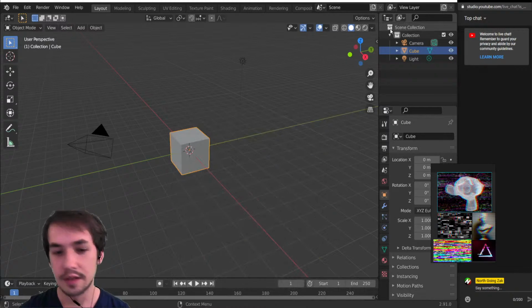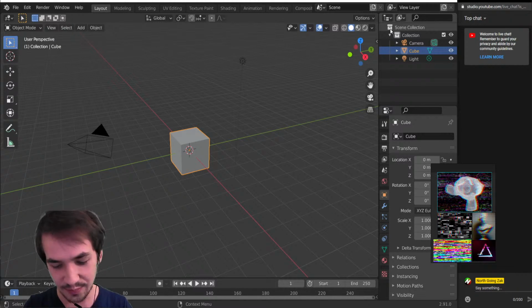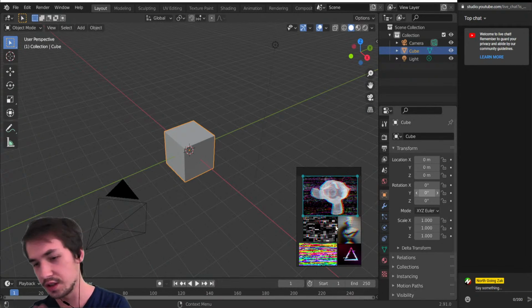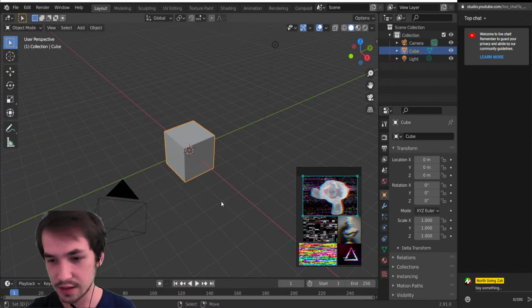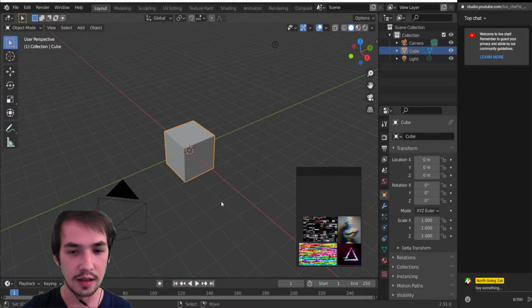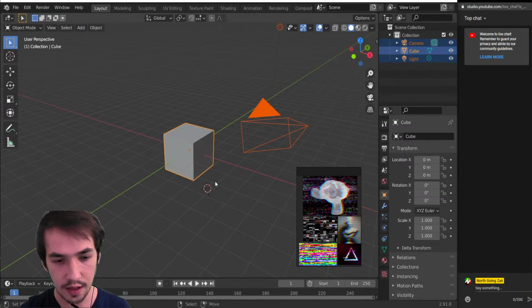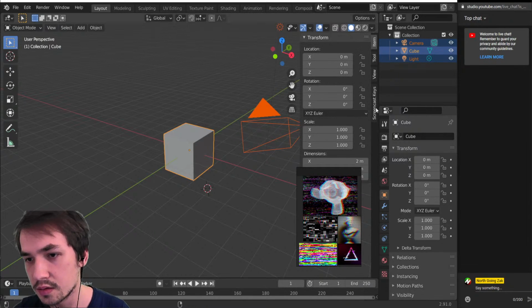Hey guys and ladies, I'm back here again, and I'm going to be creating a glitchy effect on the default monkey for today's Nodevember. So first thing we're gonna do is, just so you can see what I'm doing,